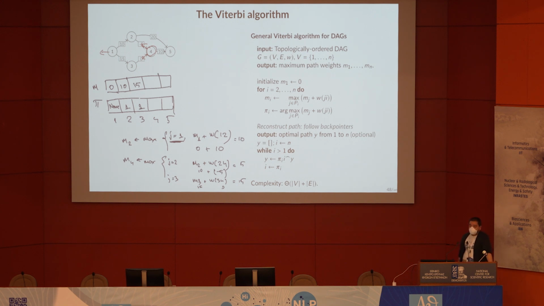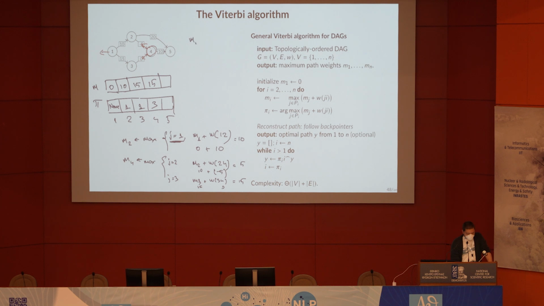So what do we fill in? Which one wins? The second one wins. So here we write 15 again. And what do we write in the predecessors? 3. That's where we came from. And then we have to handle